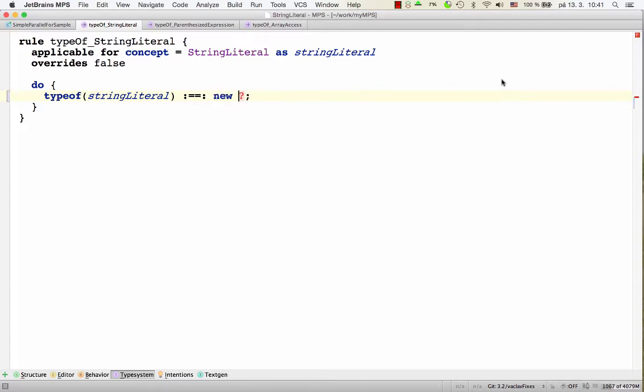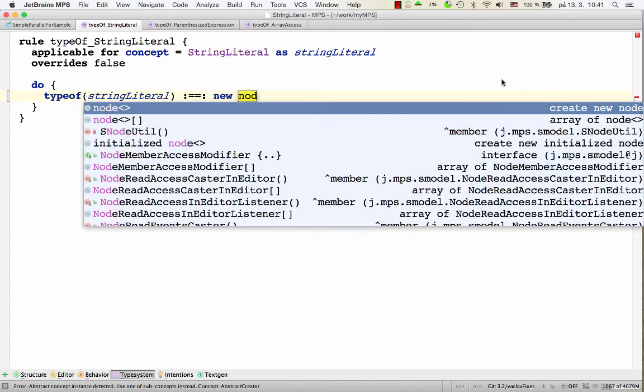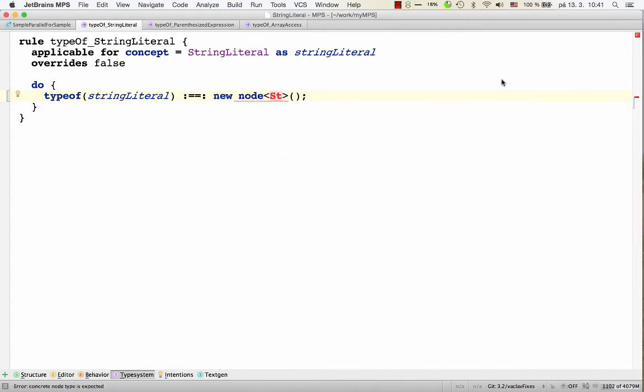Alternatively, we could create a new node, string type, and we would have an equivalent piece of code. But if you want to build an AST and don't want to spend too much time doing it, using quotations is faster, especially if you were trying to create, let's say, an if statement with a condition and a true branch and false branch. Doing it through creating nodes and then setting references properly would take quite some time. So it's always worth considering using a quotation,